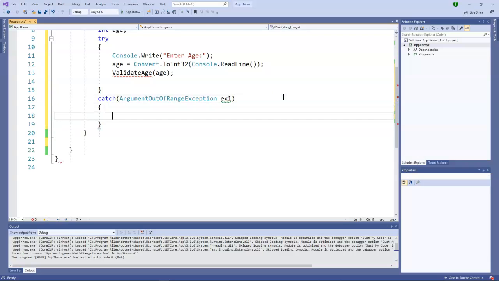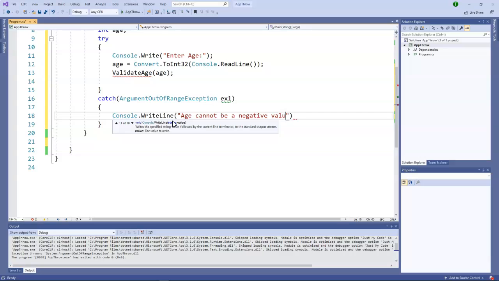Now in the catch block, we can just display a message, say Console.WriteLine of "Age cannot be a negative value." And then we can display the message property of the exception object, ex1.Message. That's all about the catch section.